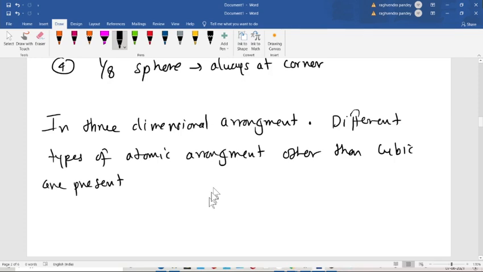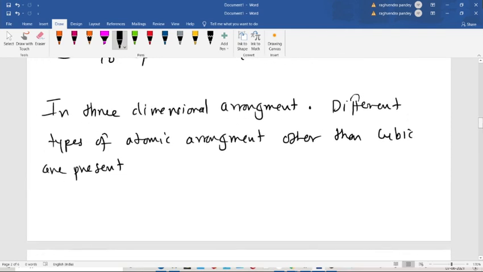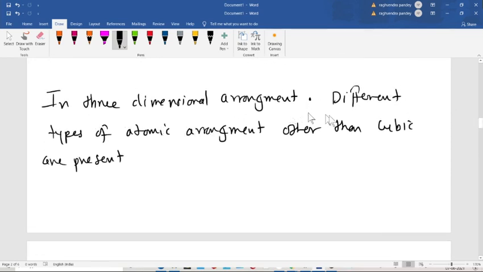I will find the image in a while. So that is a three-dimensional arrangement. Different types of atomic arrangements other than the cubic are present,